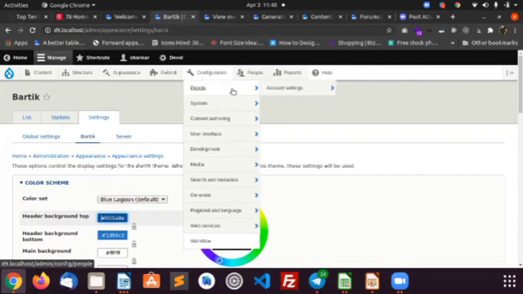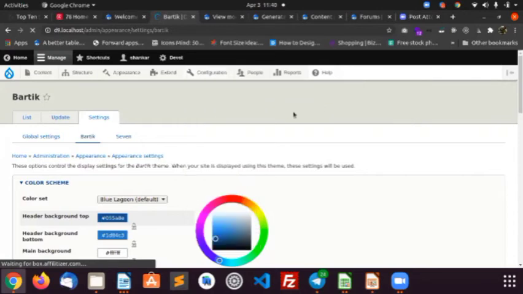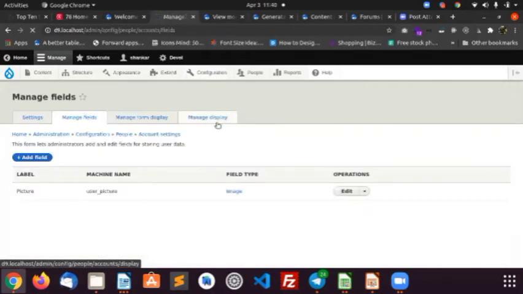If you want, you should enable more fields, right? That is what you can achieve through this account settings, manage fields. When you click on manage fields, you will be navigated to this page, like how we created the content type fields. That is how you have to create the field for the user page. So this is how you have to create it. You can explore it on your own for this also.